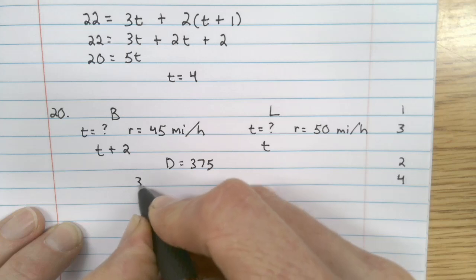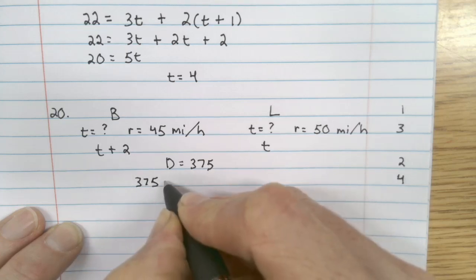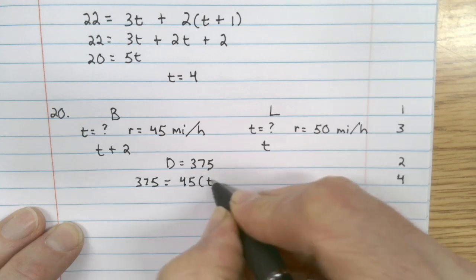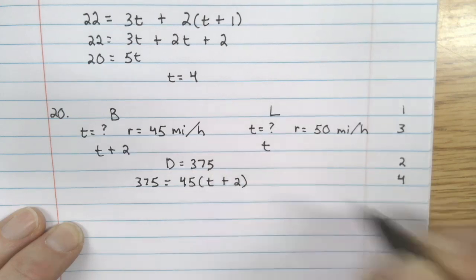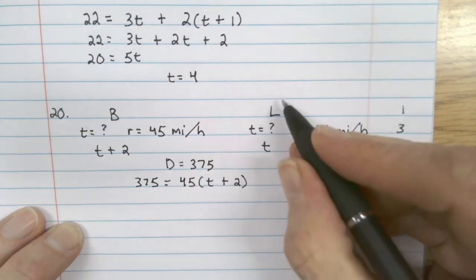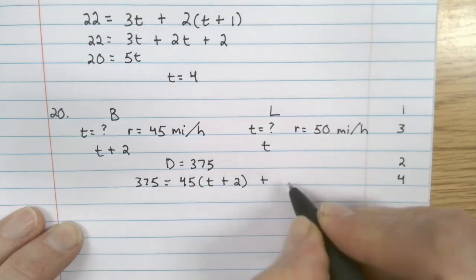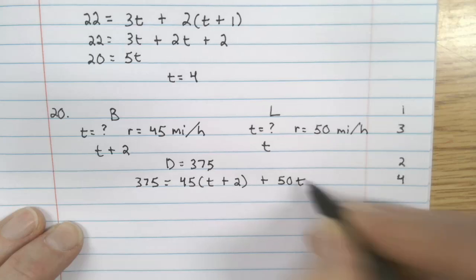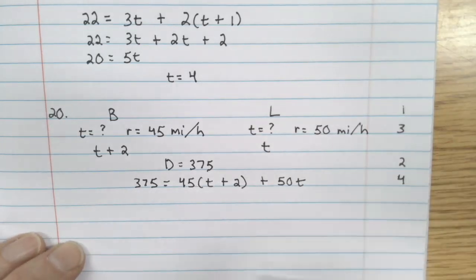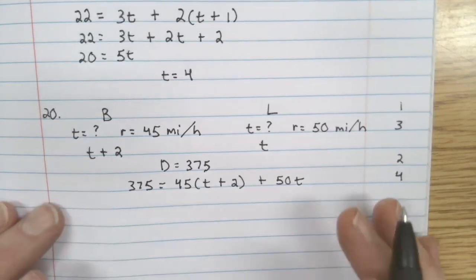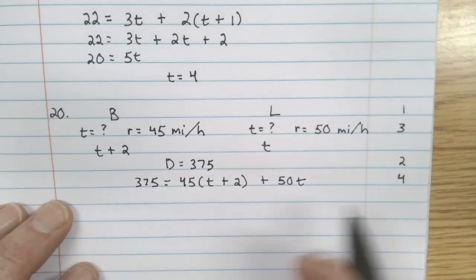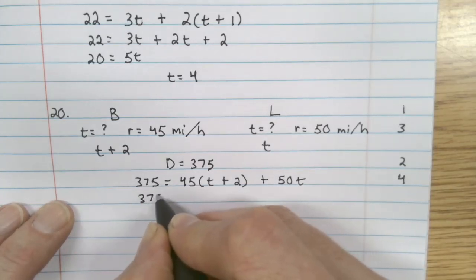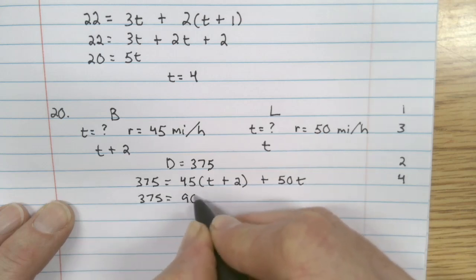So we got 375 miles equals rate times time. So we got 45 times t plus 2. All right. And then we're going to add that to Lane's, which is 50 times t. Again, once you get the equation down, the math is not too bad. We're going to distribute and simplify. So 375 is going to be equal to